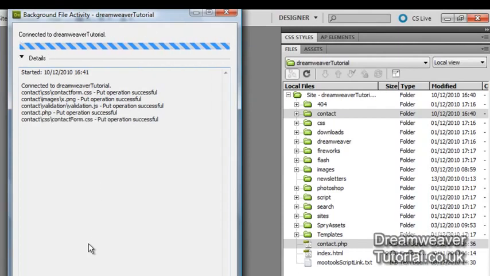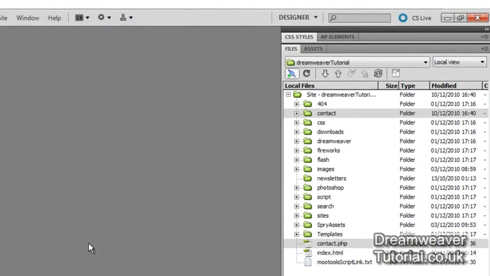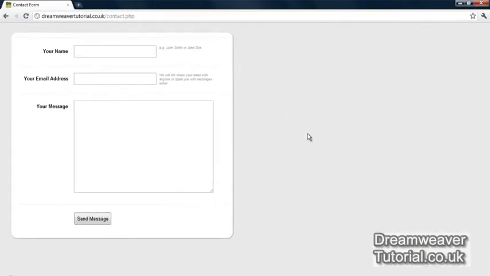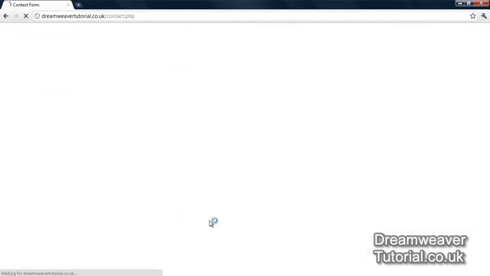Now the next thing to do is to open up your website, and the path will be your website's name /contact.php. Okay, so your contact page should be looking very similar to my contact page here, and straight off the bat we're going to click on the send message button to test our PHP form validation. So if you click that button now,